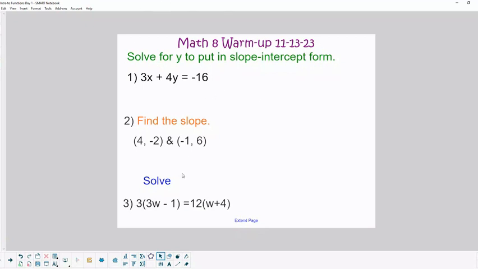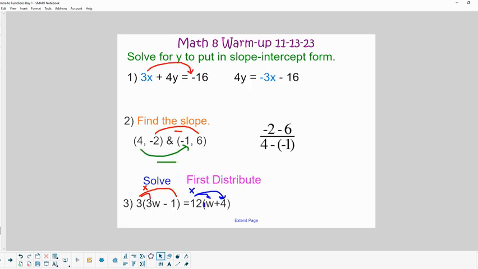So first of all, let's get a little bit of bell work going. We've got three problems here that should look familiar. The first one says solve for y, but in slope-intercept form. The second one says find the slope. And the third one just says solve this multi-step equation. So I went ahead and got these all started off with the first step listed here, and now we'll kind